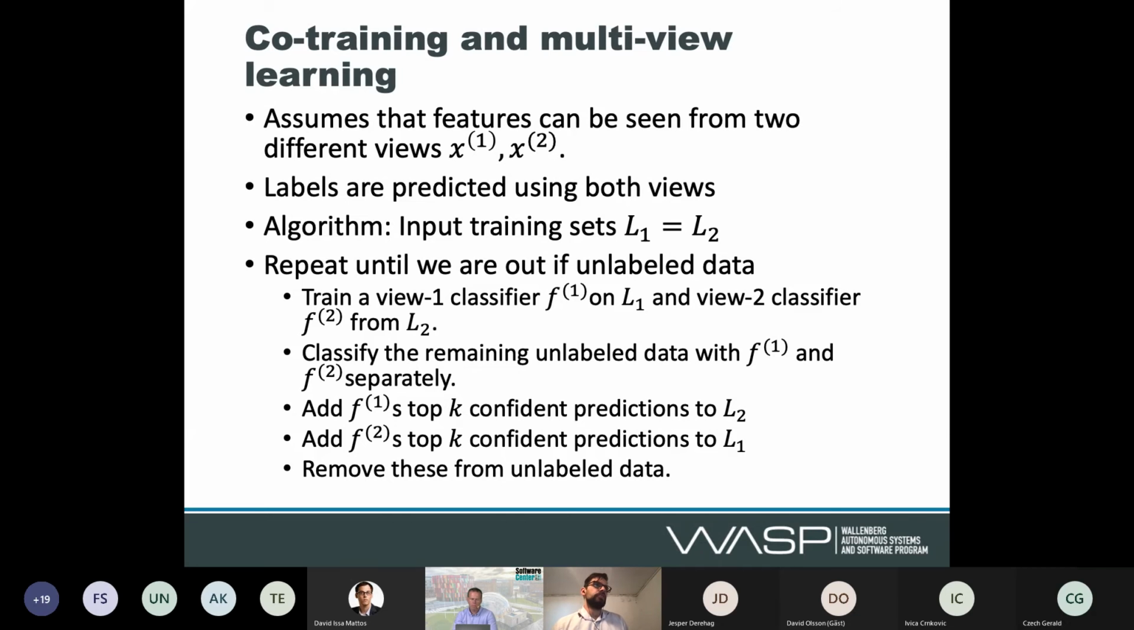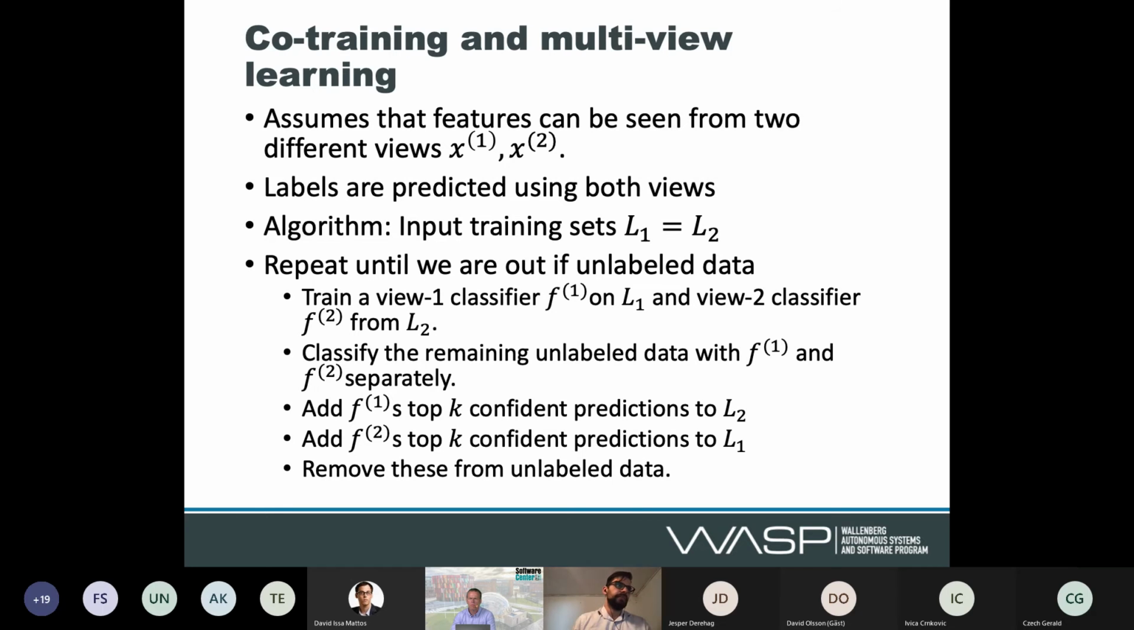But basically, co-training and multi-view learning assumes that if you have your features, then you can view them in two different ways. So, for example, you can call them X1 and X2, and then you predict labels using both views. So you input a training set that is initially the same, but they're different. So L1 and L2 are initially the same set, and then we have this repetitive procedure where we